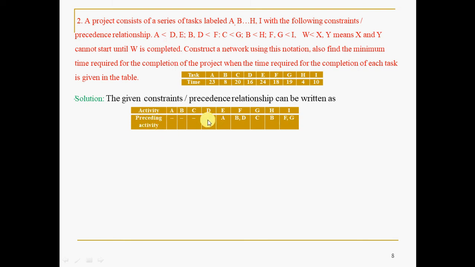Same thing. After A, D should take place, or before D, what I can say, A should happen, and before E also, A should happen. Same thing we have represented. But why 2 here? It is given here: to start F, B and D should be completed. For example, if you want to study engineering, this is like 10th and this is like 12th, let us say. To come to engineering, these two should be completed, like these two activities should be completed to come to F. Fine.